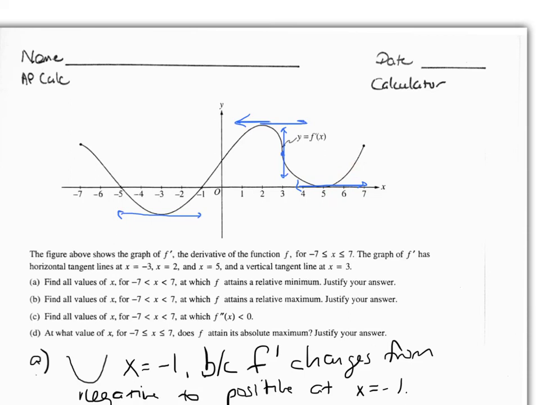So our function is going to spend a lot more time, if that makes any sense, increasing than it would be decreasing. Right here, negative 5, decrease, decrease, decrease, decrease, and then lots of increasing at different rates, but still increasing. So I would argue that our relative max, or our absolute maximum, has to be happening at x equals